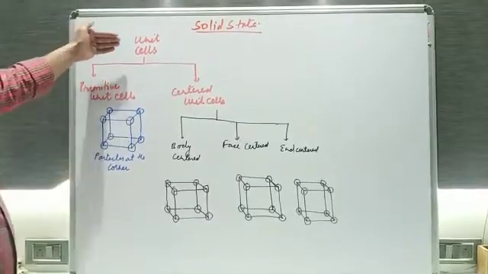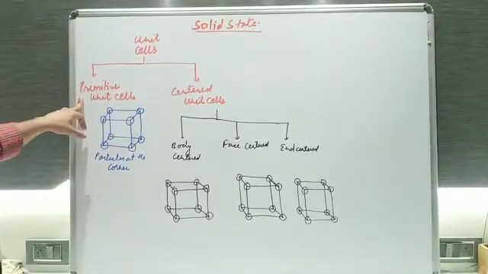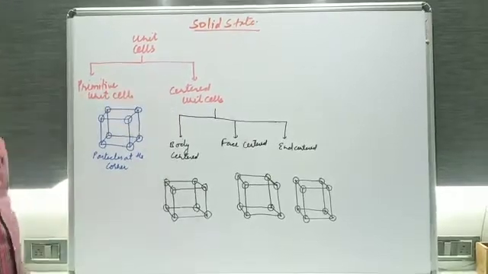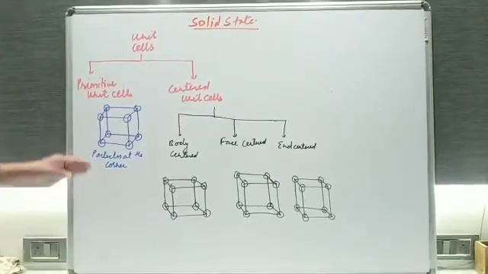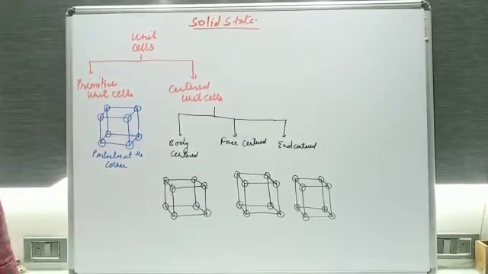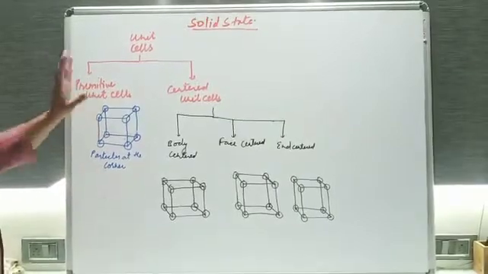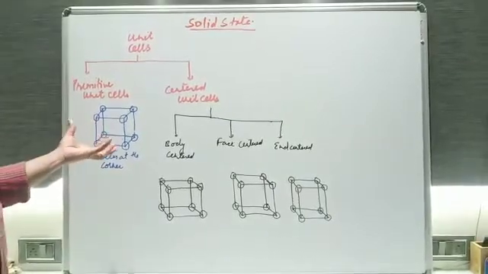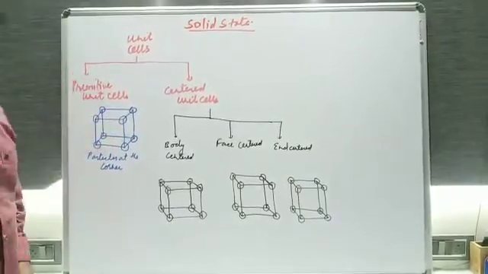So now, how many types of unit cells are there? The first one is the primitive unit cell, and the second is the centered unit cell. Okay, beta. So what is a primitive unit cell? Suppose we are talking about a cube. The cube is a unit cell, and if you break all these bonds, then all the particles will get free. That's why it is called a functional unit of the particular lattice, right?